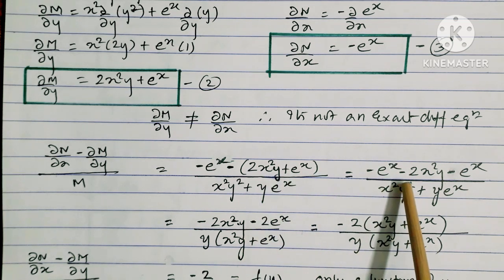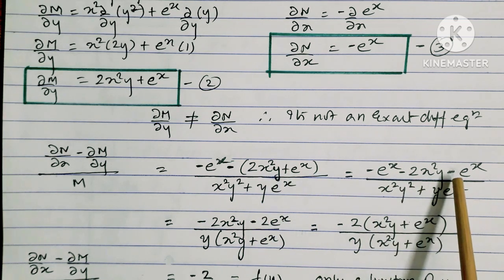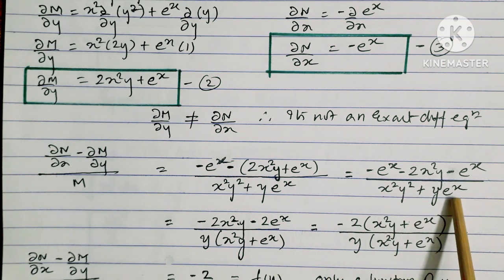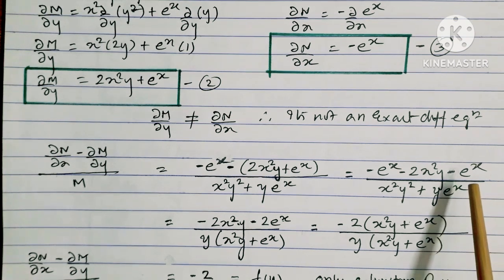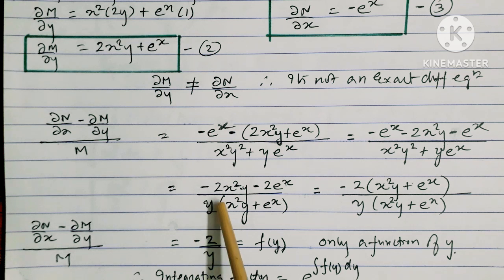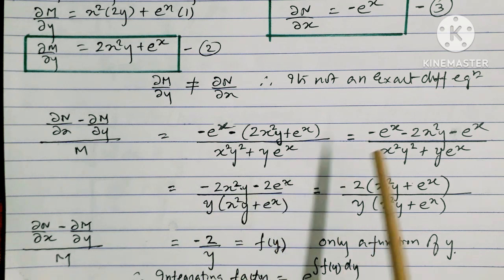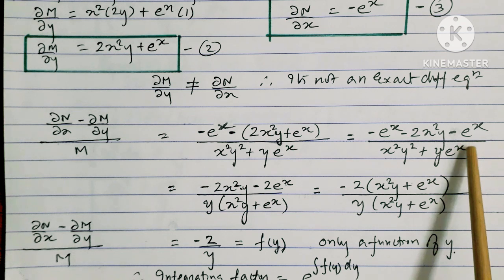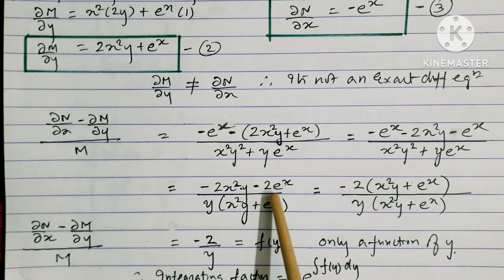So this would be (−e^x − 2x²y − e^x) upon (x²y² + y e^x). Now this would be equal to −2x²y and −e^x and −e^x would give −2e^x upon